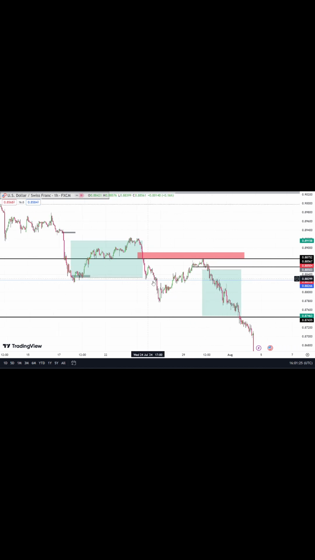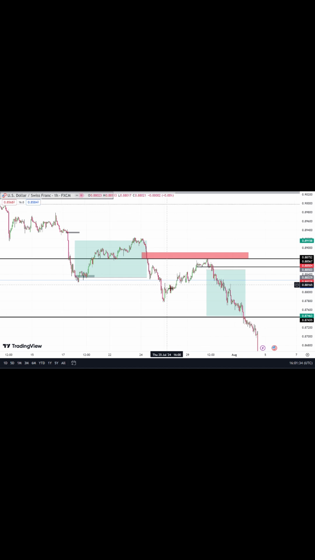This first one was a counter trade, but I'm not teaching about counter trading today. Okay, I'm going to make a video concerning counter trading and how you can counter trade. All right, so as you can see, it was a beautiful trade anyway. All right, so this is how you